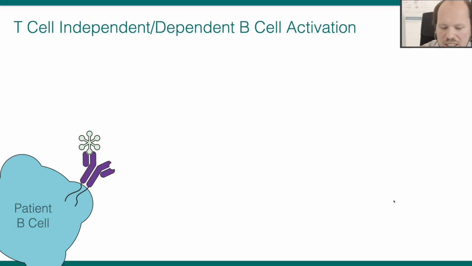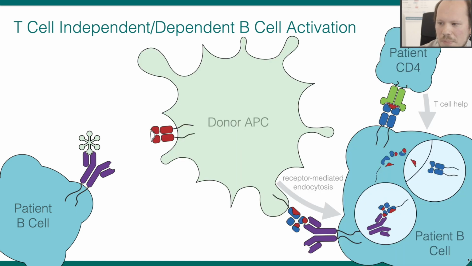If we look on the B-cell side, we have a T-cell independent B-cell activation. So basically the B-cell receptor gets activated by some antigen, and in consequence it gets activated and it's doing its job basically. But we also have a T-cell dependent pathway, and that's pretty interesting as it is a two-step approach